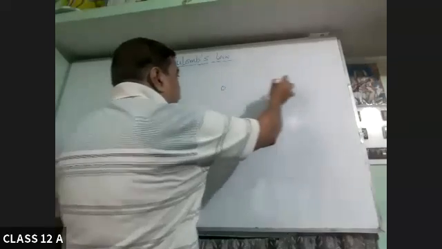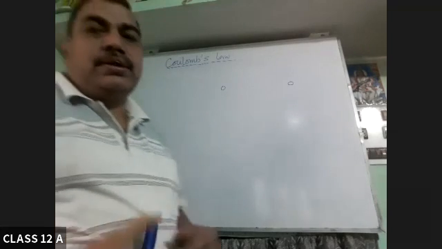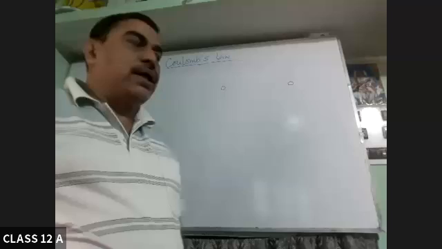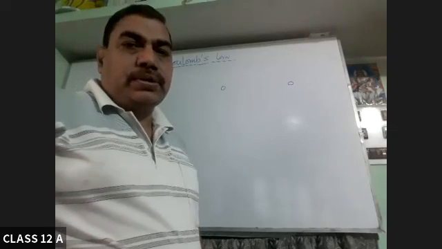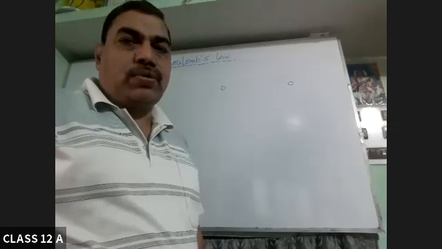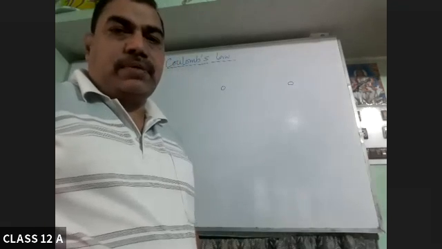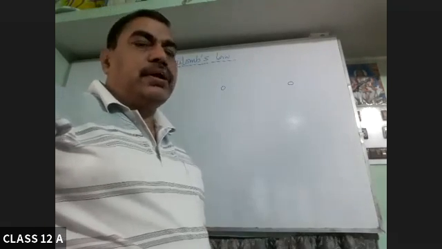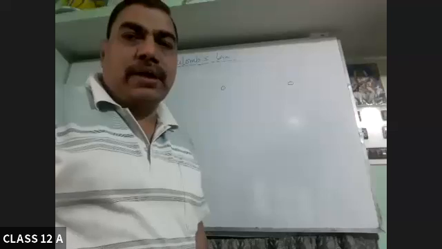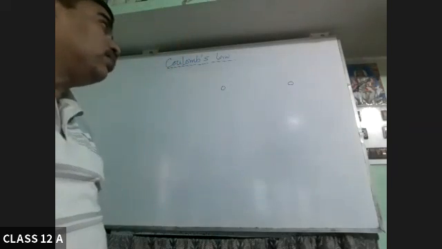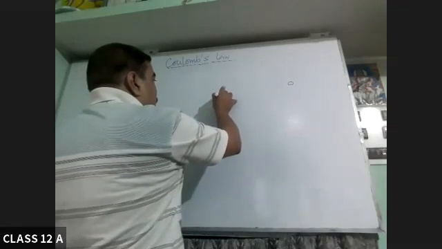the force of attraction or repulsion. So in case of charge, what happens? Like charges repel each other, whereas unlike charges attract each other. In case of gravitational force, only there is force of attraction, no repulsion. Whereas in case of electrostatic force, the force between the charges, there is attraction as well as repulsion. In case of magnet also, attraction and repulsion. So this electrostatic force, which may be positive or which may be negative,